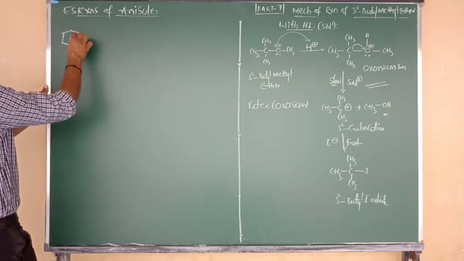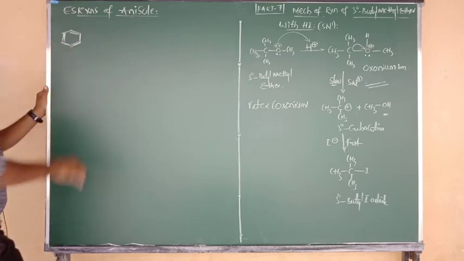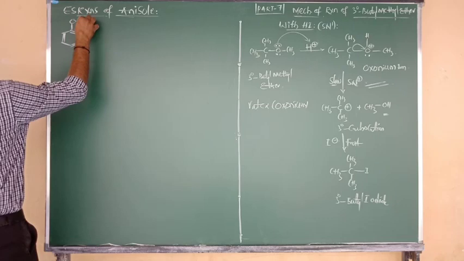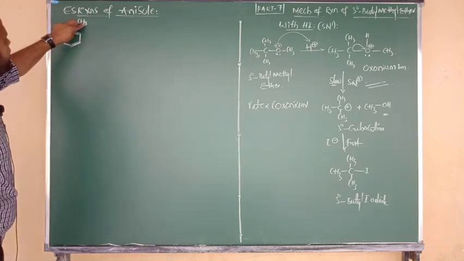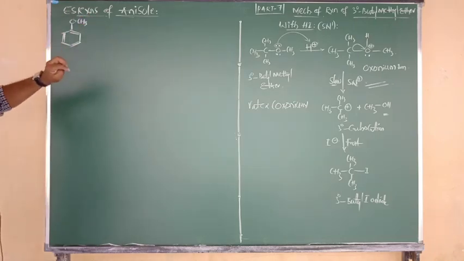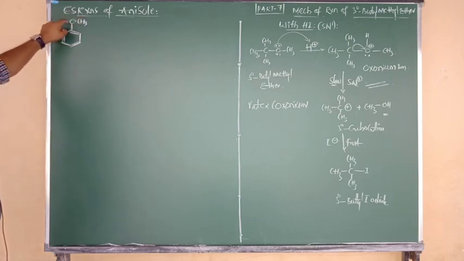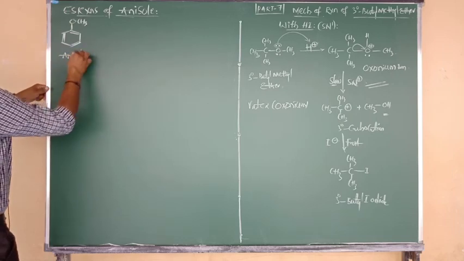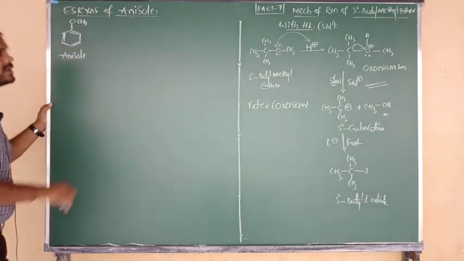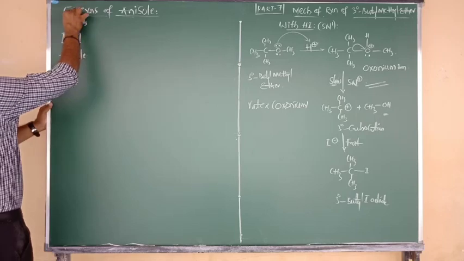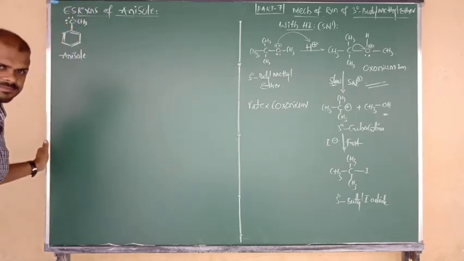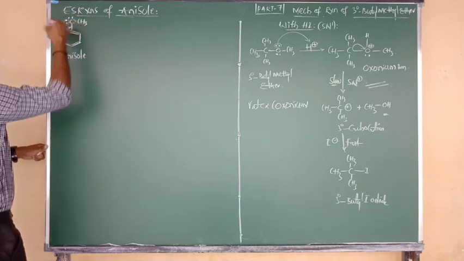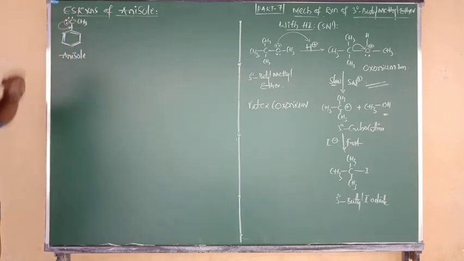Anisole formula is nothing but benzene, inside which 3 pi bonds are there, connected to an oxygen atom, and oxygen connected to CH3. That means methoxybenzene, or we can say methyl phenyl ether, that is known as what, beta? Anisole. But listen carefully. Generally in ethers, oxygen always contains how many lone pairs, beta? 2 lone pairs.